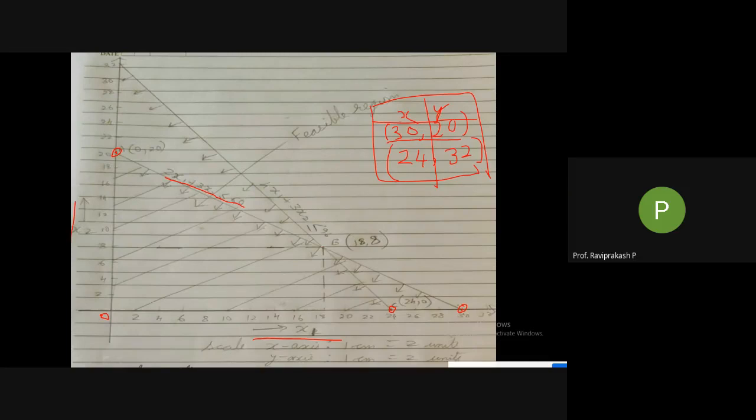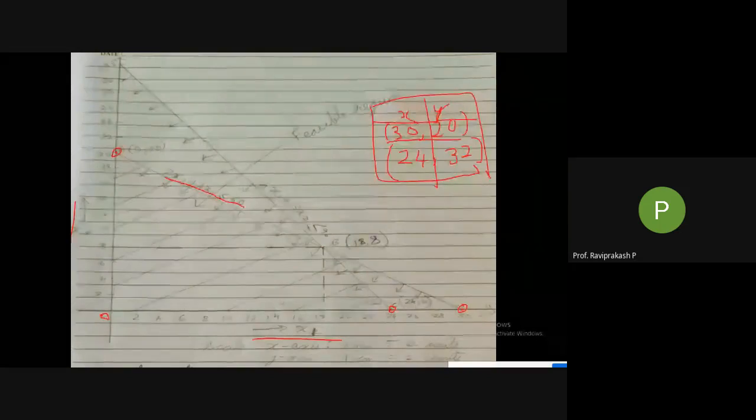Okay, so by some means, if you get some graph sheets, please get the graph sheets and try to solve in the graph sheet, because we want the exact point. Okay, so the exact point will give you the right answer, or it will take you towards the right answer. There might be small variation here and there, because even the thickness of the pencil is very important.